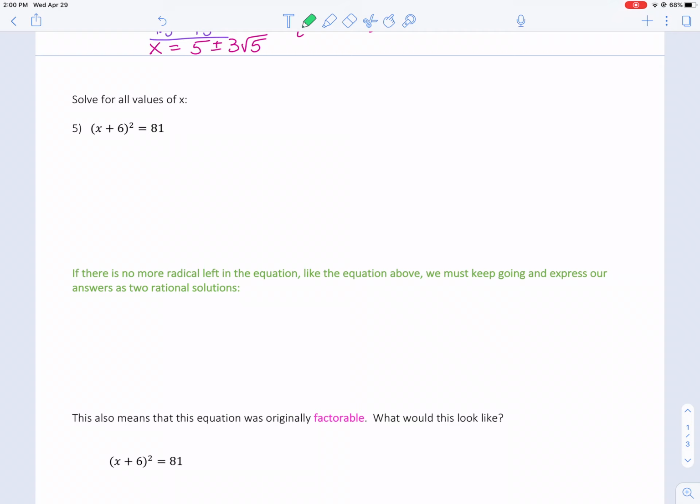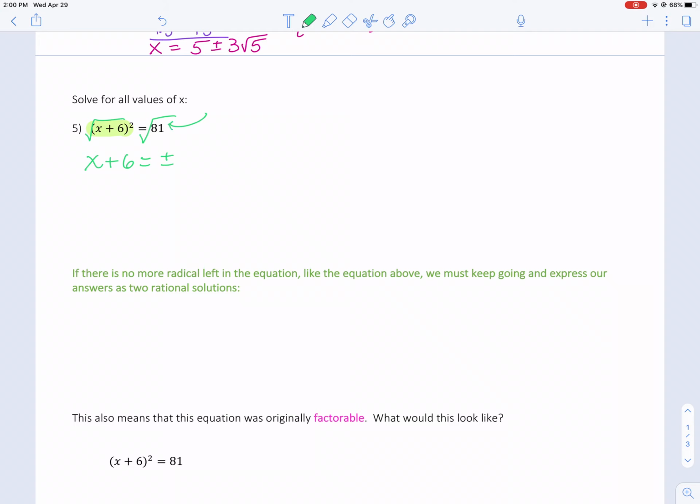In number 5, you actually have the base isolated to a power of 2. So when I take the square root of both sides, I get x plus 6 equals plus or minus, well,